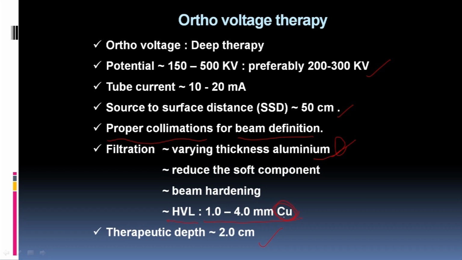So deep therapy is used in the orthovoltage range of 200 to 300 kV. Still, their potential range is 150 to 500 kV. Because at that time there was a problem in providing the higher voltage, they limit the orthovoltage therapy to 200 to 300 kV, and tube current is 10 to 20 milliampere. SSD is 50 centimeter. You just need to remember all these points because these are important for the definition of kilovoltage